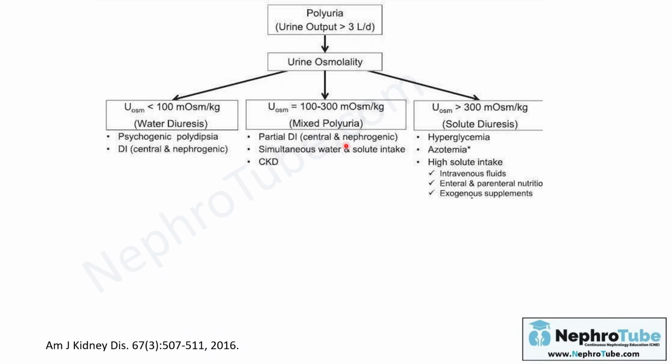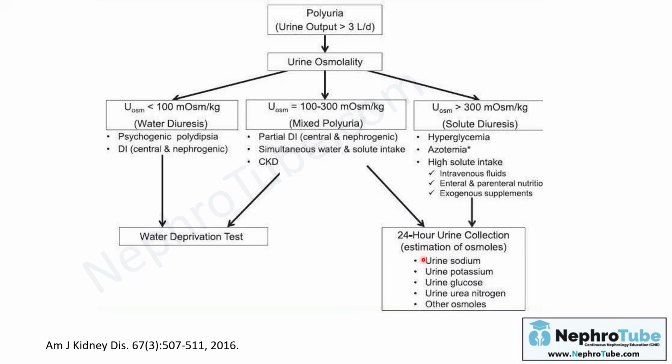So whatever the cause, how should I approach these different osmolality ranges? If the urine osmolality is less than 100 or between 100 and 300, you have to do a water deprivation test. If the urine osmolality is more than 300 or between 100 and 300, you have to do what is called a 24-hour urine collection for estimation of osmoles. Here, this is solute diuresis